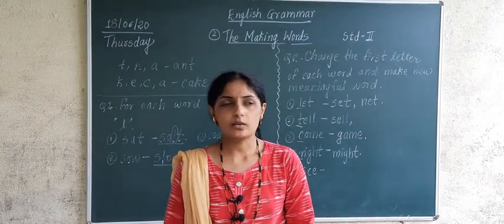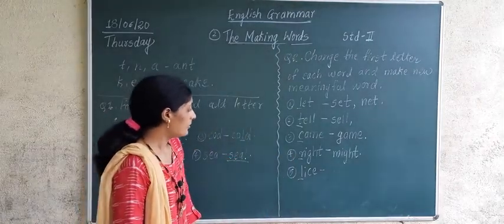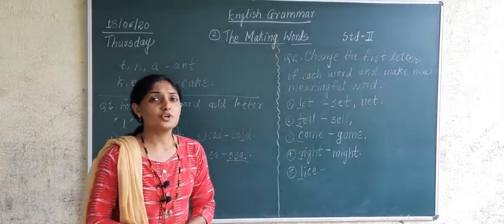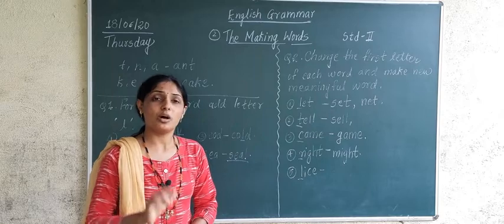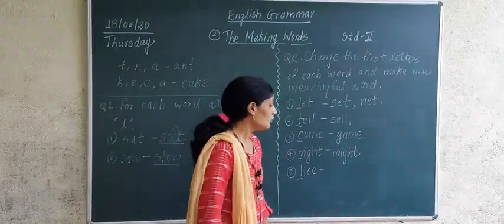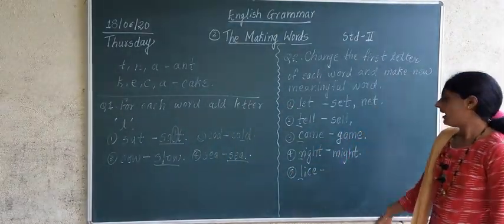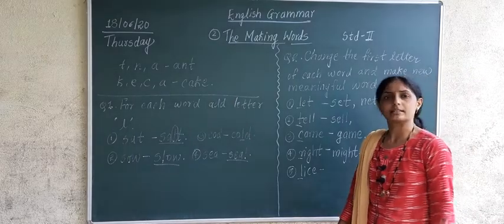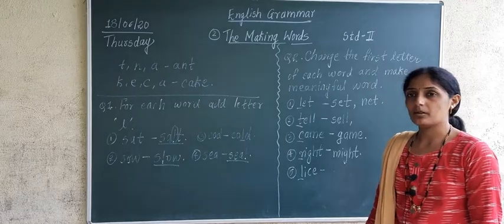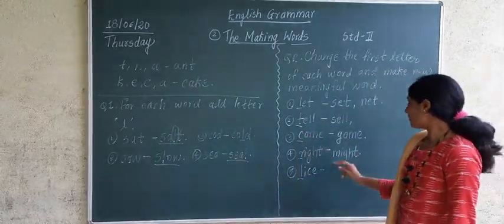What more examples are there of right? Some more examples of right will be what? I know you are the right person, or I know you are right, your behavior is right. Then might. Well, can you tell an example of might? I might have done homework, but so and so happened. Or I might have done my work on time, but because of so and so thing I could not do my homework. Okay, so might.